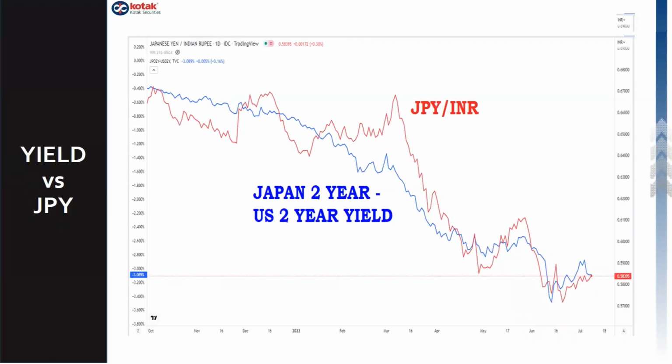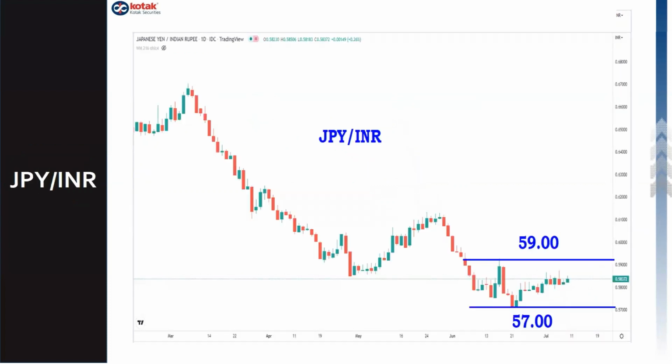Now, finally, the yen INR and the yield is a very important barometer. You should keep an eye on how the US bond yields are doing. When the US bond yields rise, yen INR tends to depreciate. So keep that in mind. Looking at the chart of yen INR, it looks range bound between 57 and 59. So for yen INR, just keep a few things in mind. You should keep an eye on the US bond yields, because when the yields rise, yen INR tends to fall and vice versa. So it is inversely related.